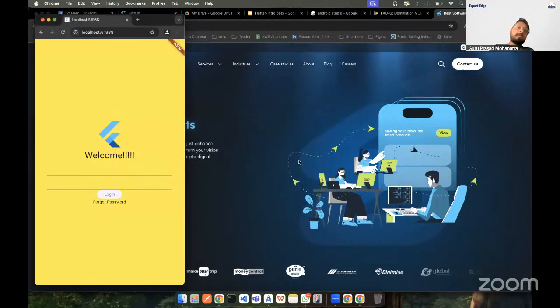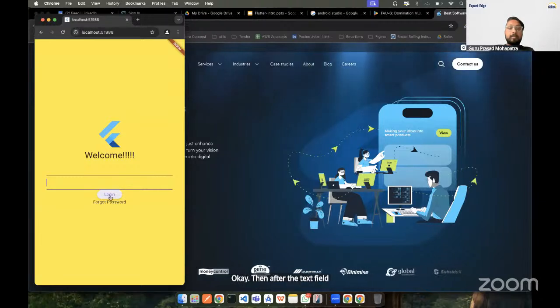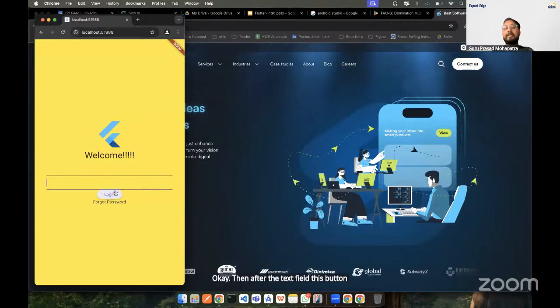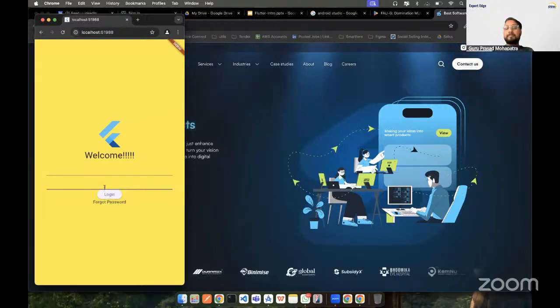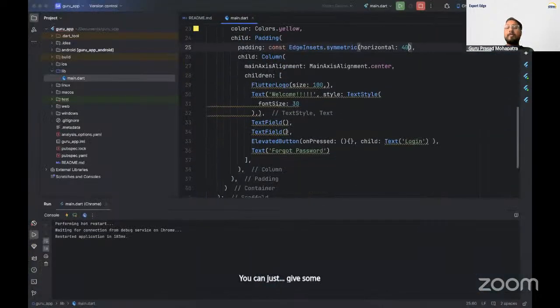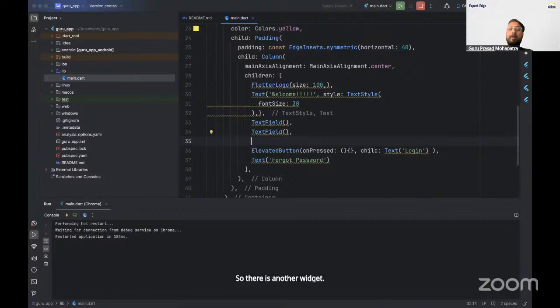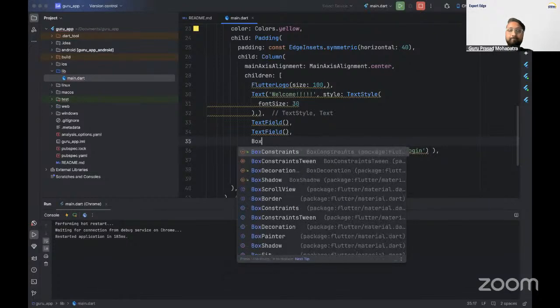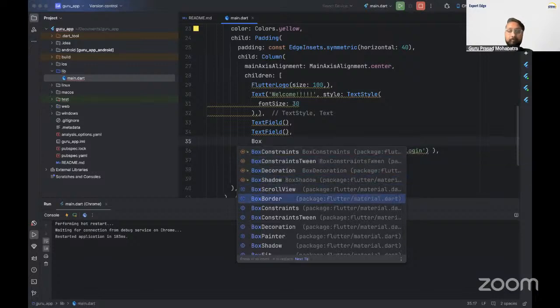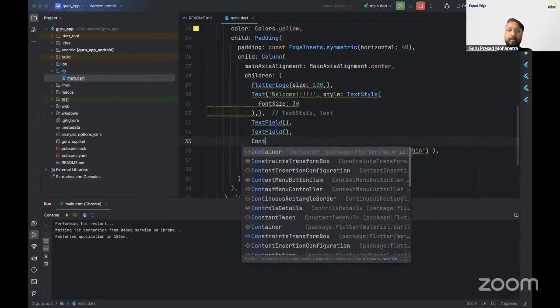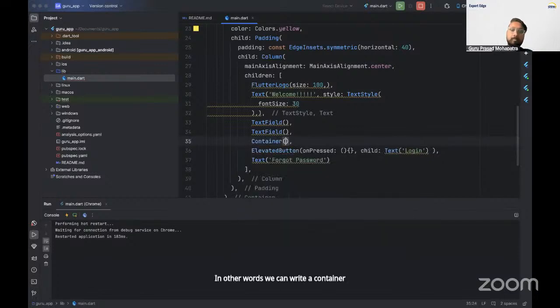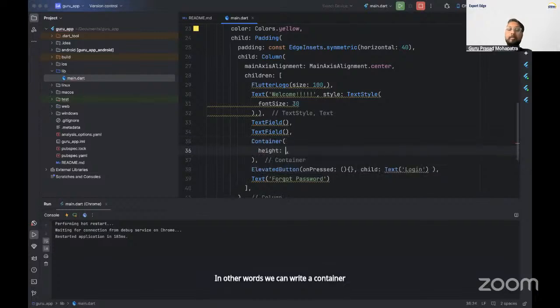Okay. Then after the text field, there is no spacing between the button and the text field. You can just give some spacing. Nowadays we can write a container and give a height of, let's say, 20.